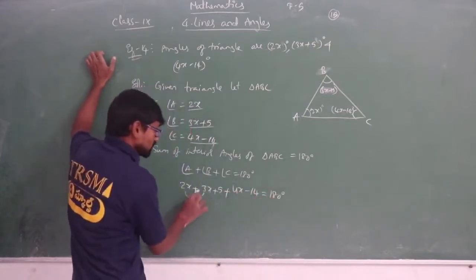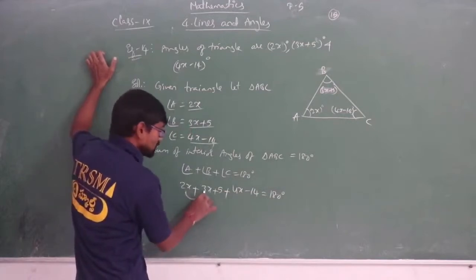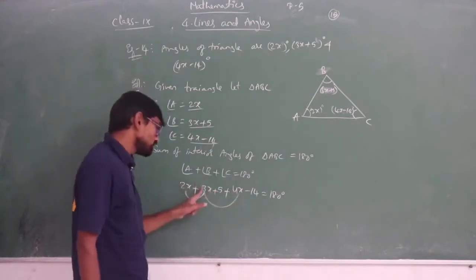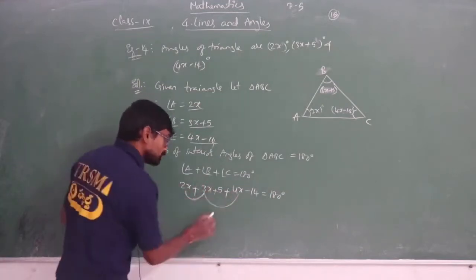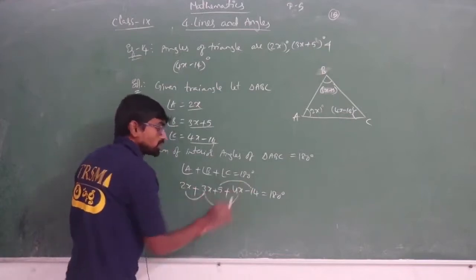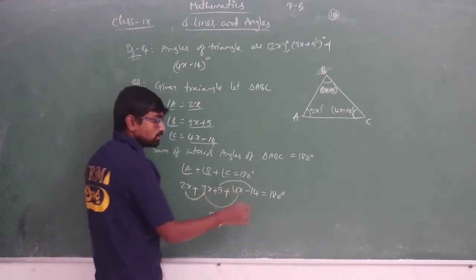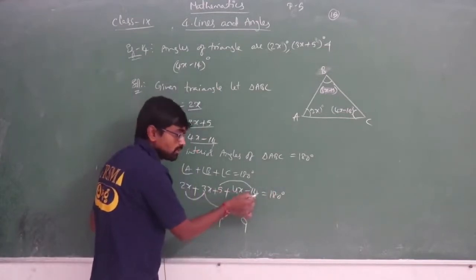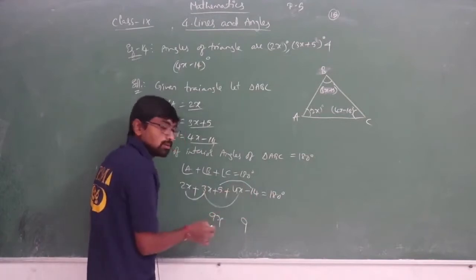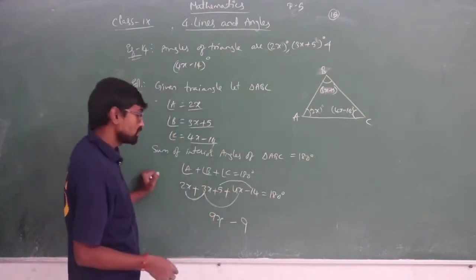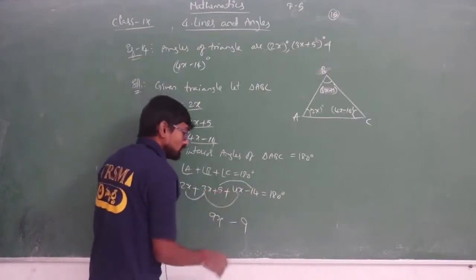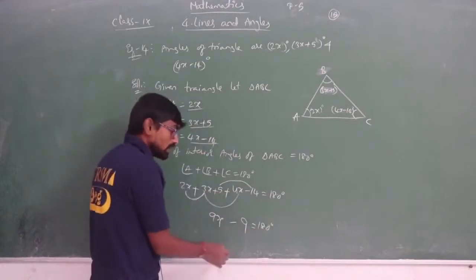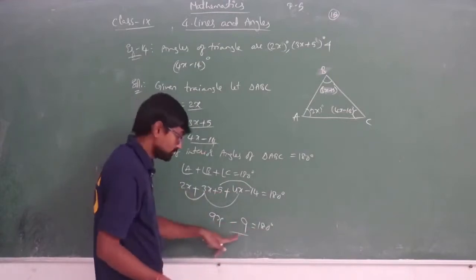is equal to 180 degrees. Like terms you have to add now: 2x plus 3x plus 4x. If you add these 3 like terms, you get 2 plus 3 is 5, 5 plus 4 is 9, so 9x. Now these both are like terms here. 14 minus 5 you will get 9, but the symbol will be negative. Why? Because the greater number is 14 and before that you have minus, so you get the negative symbol. So 14 minus 5 is 9, equal to 180 degrees. Here it is minus 9.